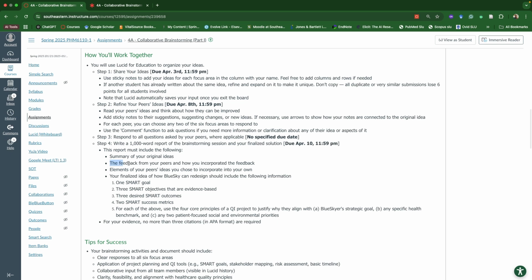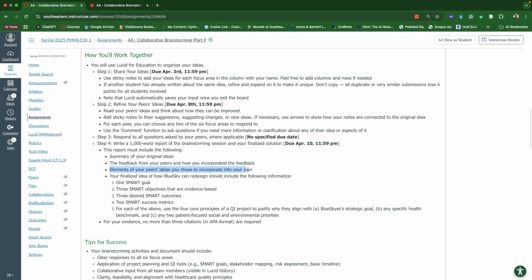And then also at the same time, summarize the feedback that you have received from all the different people that gave you feedback on it. You can summarize it based off on each individual feedback, the summary of each individual feedback, or you can just summarize the entire feedback that you've received. And then you are going to explain how you are going to incorporate, or how you have incorporated all of that feedback into refining your solution. So that's the information that has to go in here.